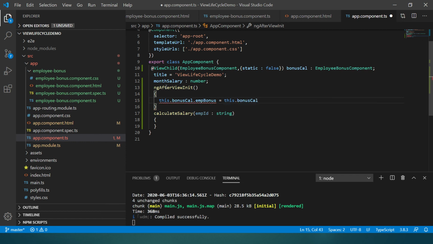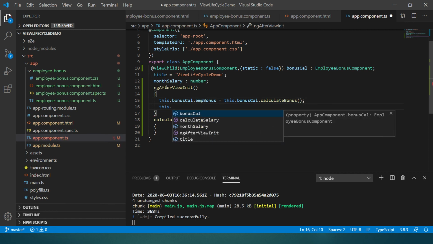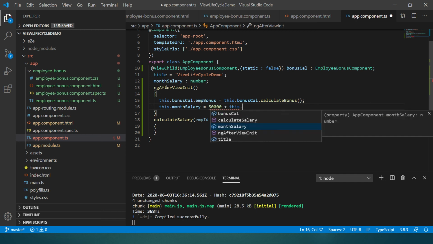Let us use the method of the employee bonus component, and let us calculate the total salary of the employee by giving some basic salary, 50,000, plus the bonus.